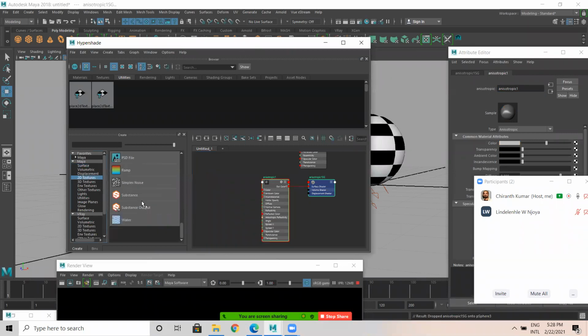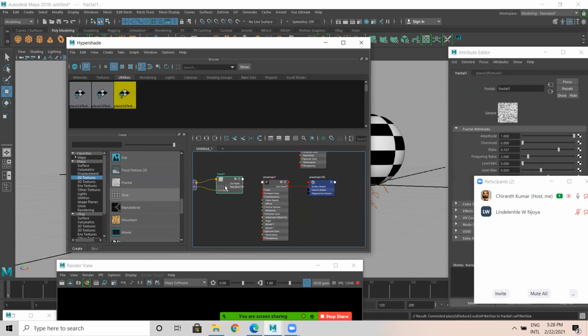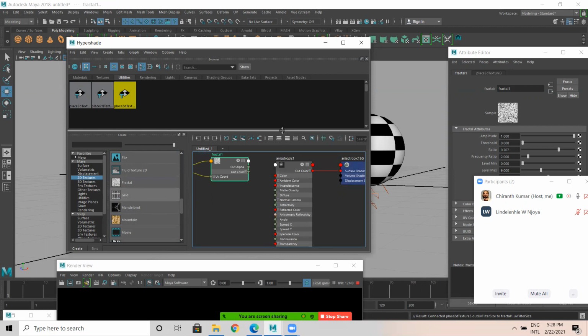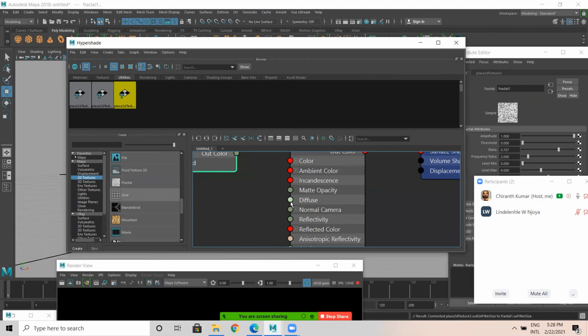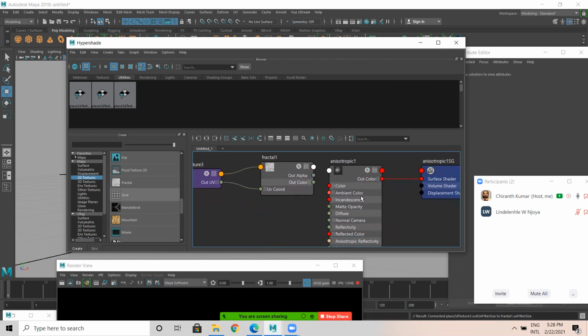And I'll take a 2D texture. There's something called fractal. Place it here. Now, if you see, this is a fractal, and we have the anisotropic material here.